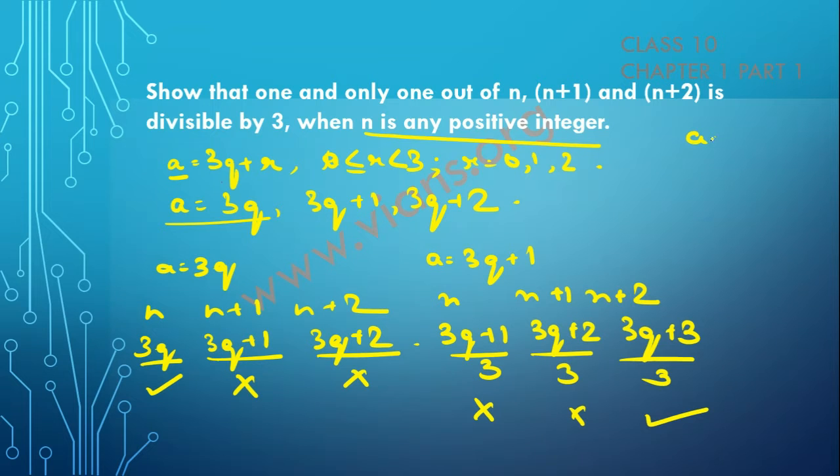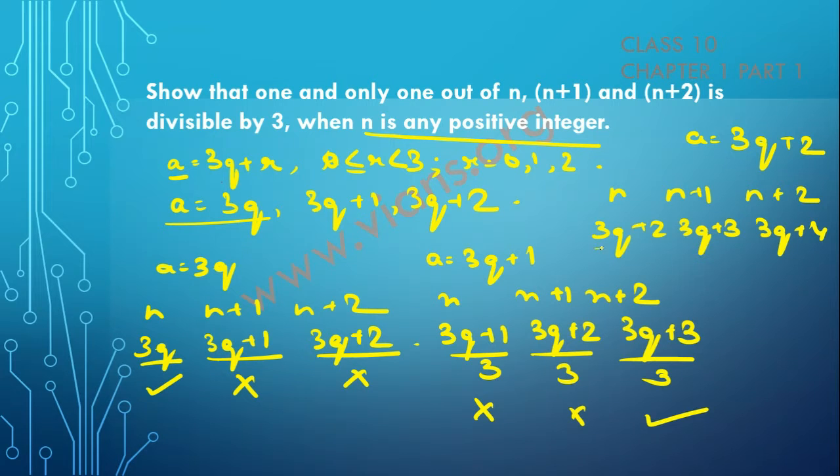Similarly, let's take the final one. A is equal to 3q plus 2, and then again you have n, n plus 1, n plus 2. So this basically becomes 3q plus 2, 3q plus 3, and 3q plus 4. Is this divisible by 3? No. Is this divisible by 3? Yes. Is this divisible by 3? No. So at any point of time, if you take any equation of the form a is equal to 3q plus r,